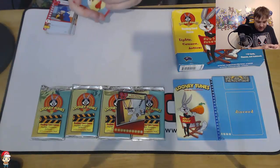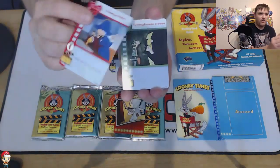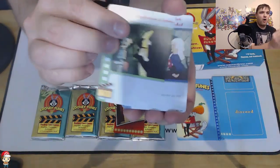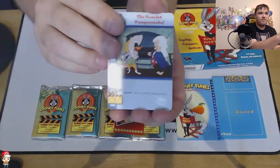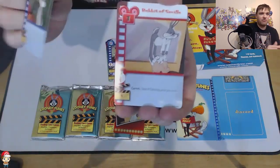So I think that means we got one 50-card deck, two 50-card decks. We'll have to have a look, shall we? So what we've got here is just cards which have got the lovely old artwork back from the original cartoons on. And they've literally just got...